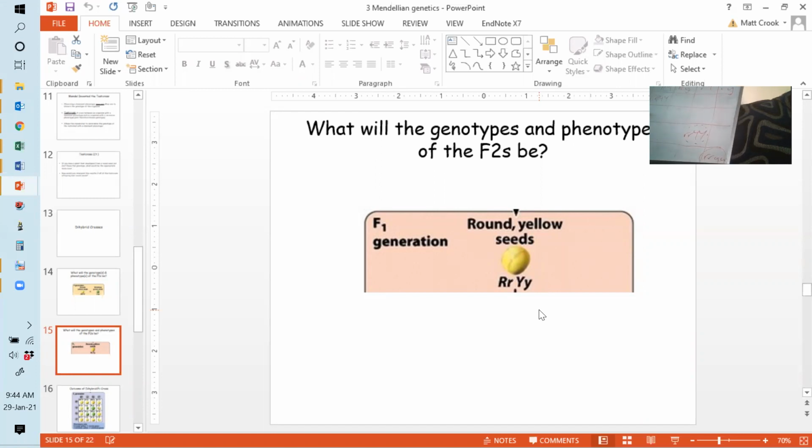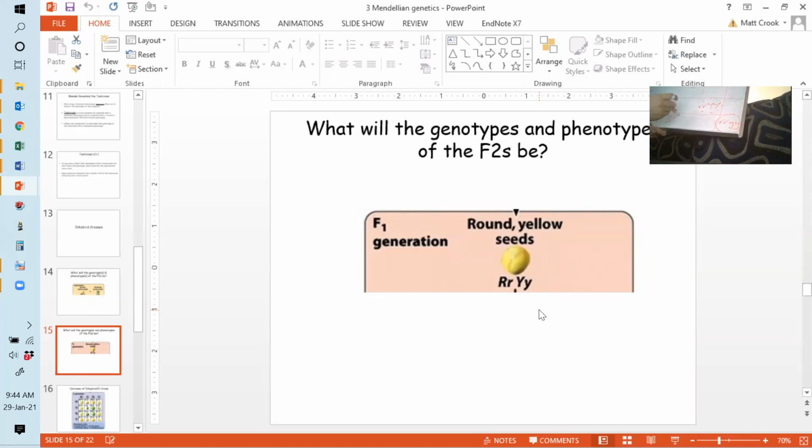So try and do this for yourself. It's good practice. And when you do, just go through them all and check each individual square and go, okay, do I have dominant for R? If I do, it's yellow. Do I have dominant for Y? At least one. If I do, it's round. Hang on, have I got that right? Yeah. Got them actually crossed up. But you know what I mean. As long as you have a dominant for each, you'll have the 2 dominant phenotypes, right? You should get 9 of those, right? And just go through those and you should get